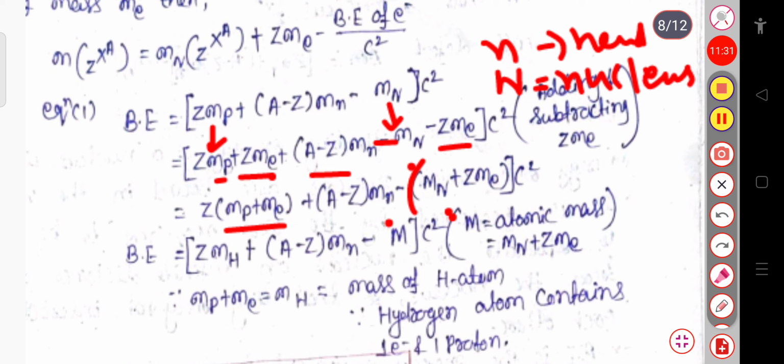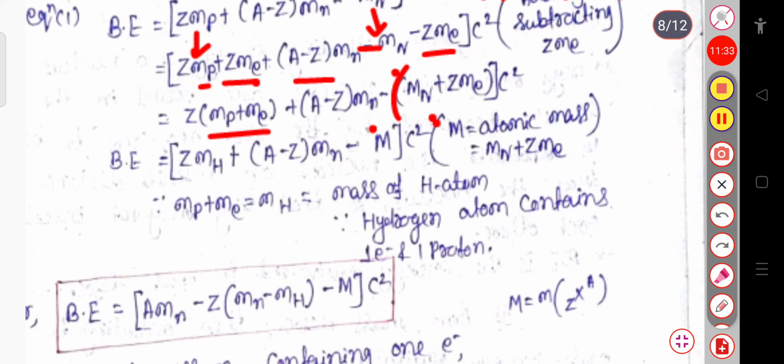Since the hydrogen atom contains only one electron and one proton, I can consider the mass of the proton plus the mass of the electron as the mass of the hydrogen atom. So in place of MP plus ME, I will write Mh. So this will be Z into Mh plus A minus Z into Mn minus,